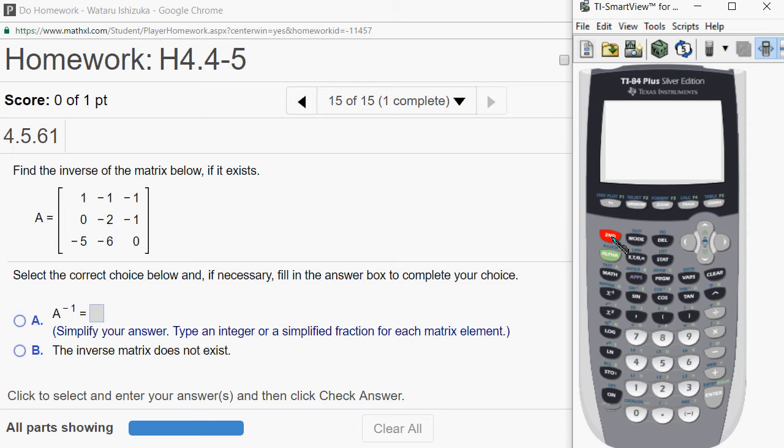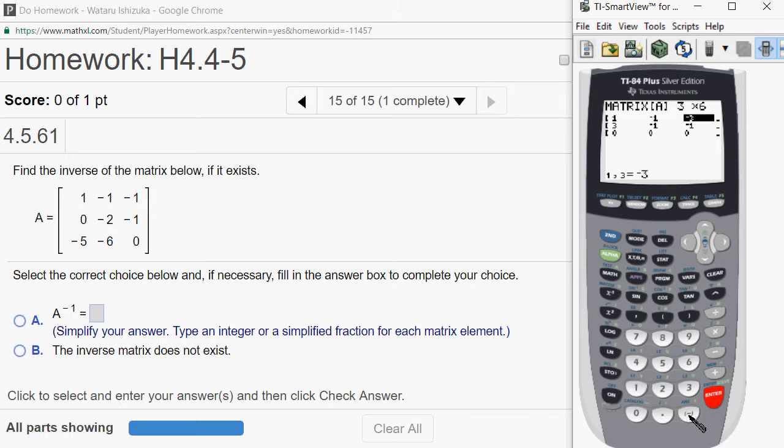Alright, we're going to go to matrix and we want to edit that. So I'm going to go to edit and hit enter. So we're going to need 3 by 6 because we have to put 3 by 3 matrices side by side. So we put 3 enter and 6 enter. So first row is 1 enter and -1